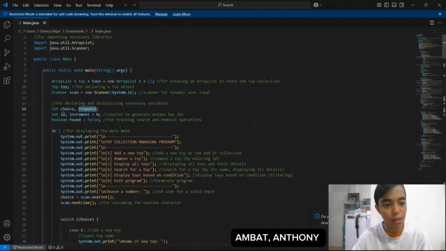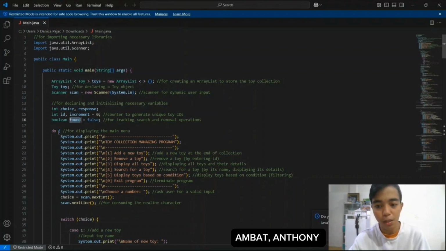We have int ID, which represents the unique ID of a toy. Next we have increment, a counter that generates a unique ID for each new toy. We have boolean found equal to false. This is a boolean flag used to track whether a toy is found during searches or removal.